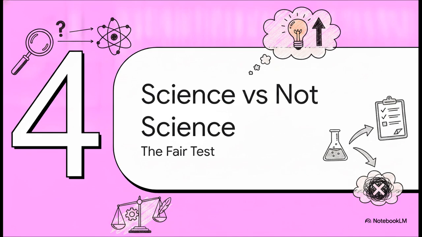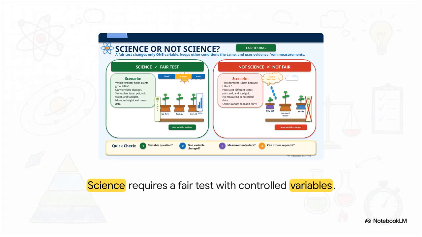Now for our final field test, Section 4, Science versus Not Science, the FAIR test. Let's see how you can deploy this new knowledge to spot the difference between real, rigorous science and, well, just a random guess. Imagine someone testing a new fertilizer. In a true scientific FAIR test, the scientist only changes one single variable, the type of fertilizer. They are super rigorous about keeping the amount of water, the sunlight, and the type of pot exactly the same